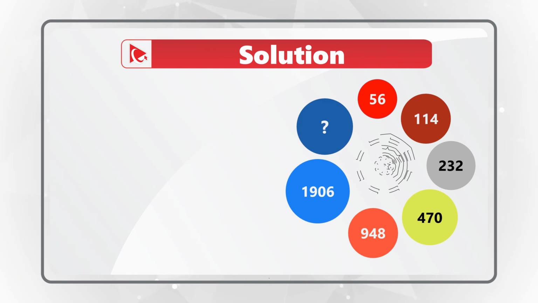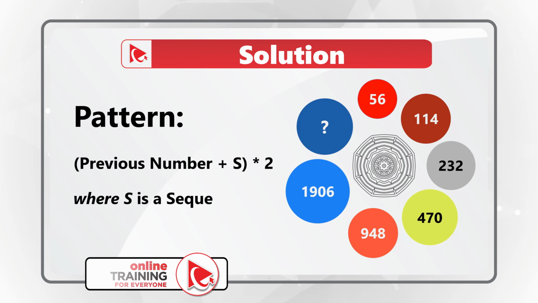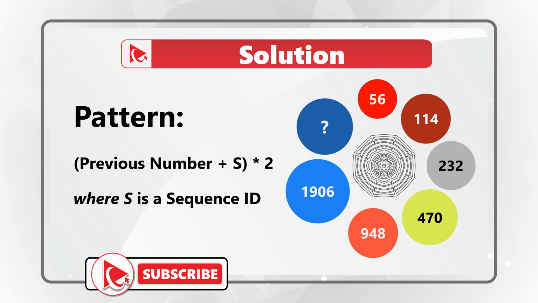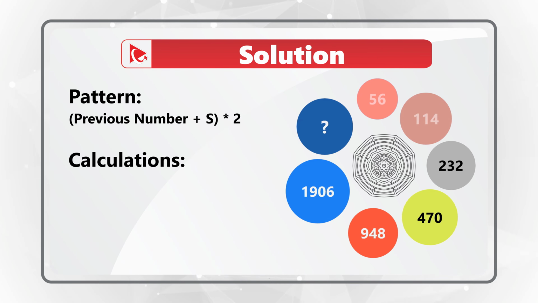The pattern here is previous number plus the sequence number multiplied by 2. And you have to add previous number to the sequence before doing multiplication. So let's look at the simple calculations. The first number in the sequence is number 56. If we add 1 to 56, which is the sequence number, then multiplied by 2, 57 multiplied by 2 is